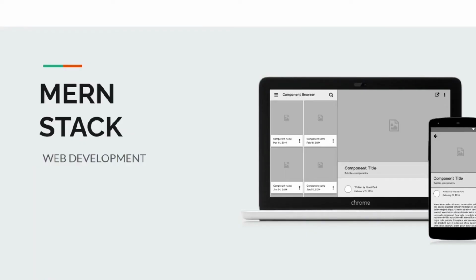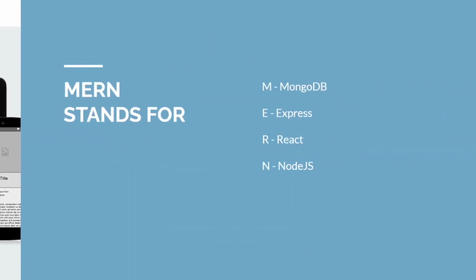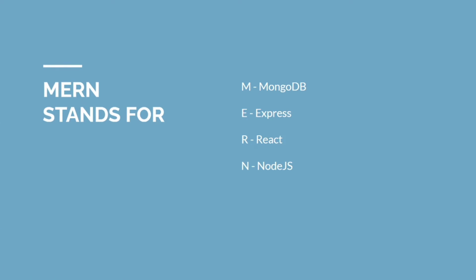Now this is the first video. Here we will discuss what exactly is MERN-Stack and what all things come under MERN-Stack. So let's get started. Now first thing is, what does each character in MERN stand for? So M stands for MongoDB. MongoDB is a kind of NoSQL database and in MERN-Stack we will be using this database.